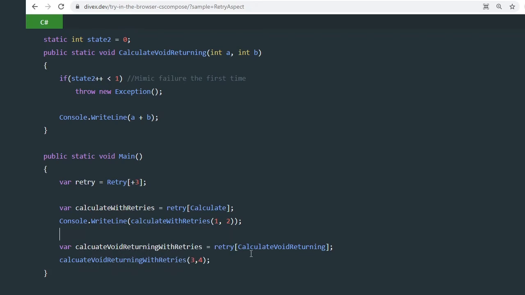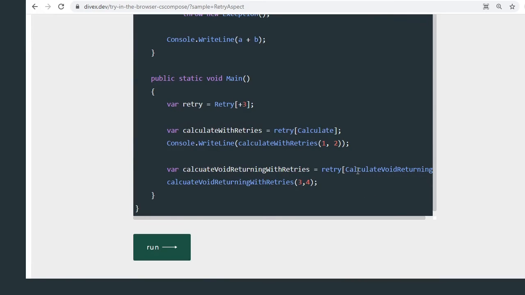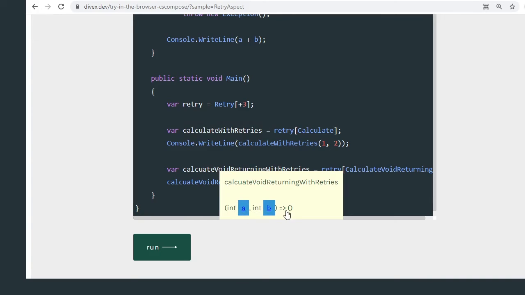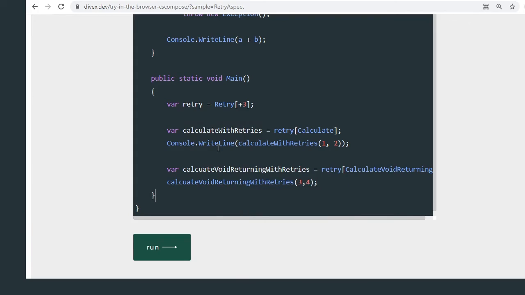Now here I'm doing the exact same thing but with the calculate void returning method, right? And to remind you, this function, it takes int a and int b and it returns nothing, right? But this still works because in DIVEX and Composition Language 1, void can be used as a value for tResult, right? So this is why if I look at the resulting function, it takes int a and int b and it returns void basically. So now if I run the code,